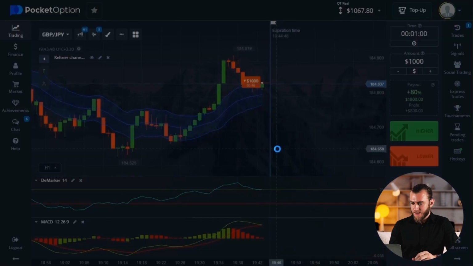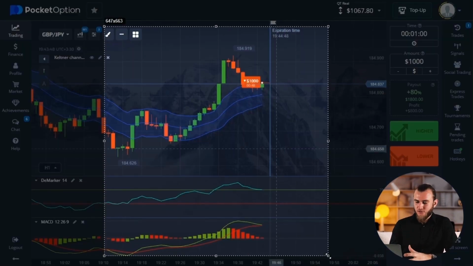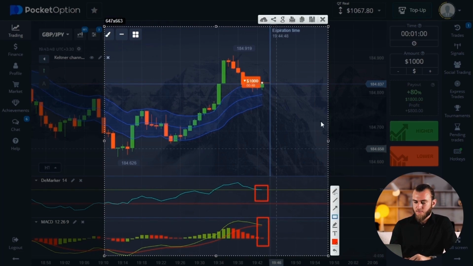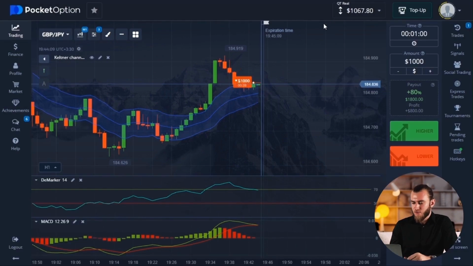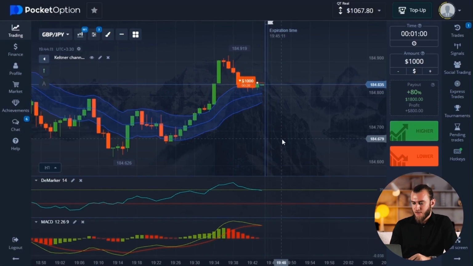Do I need to explain? It seems signals are obvious. MACD line is almost crossing from top to bottom while DeMarker is leaving the overbought zone. Plus, we are trading again from the upper boundary of the Kollner channel. When the chart returns to the channel, it is a good entry point for a trade. It is possible to calculate the target at either the average or lower line of the channel, depending on the